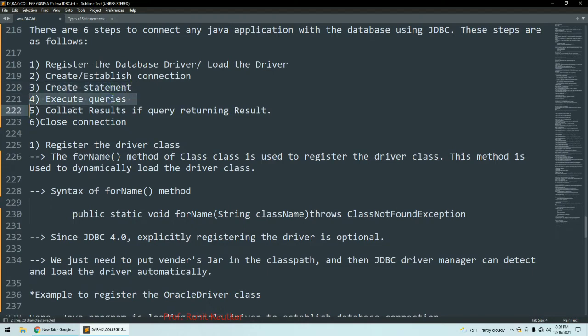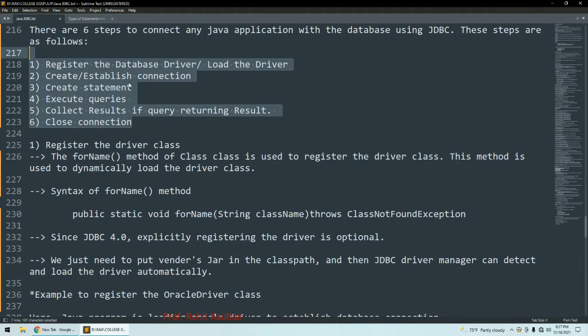Fourth step, execute queries, fire queries on your database. Now if your query is returning any result, then collect that result and process them. Means you can display them, you can store them somewhere else, whatever you want, you can do with your results. And at last, close connection, so all resources will get free. Okay, these are the 6 steps.